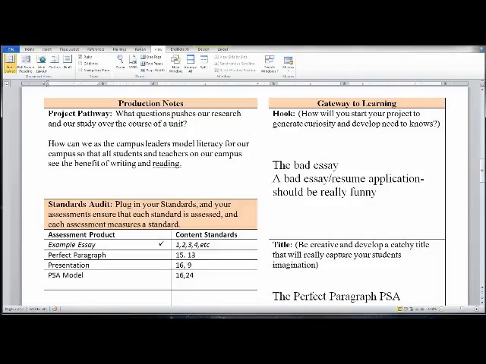How will you start your project, generate curiosity, develop need-to-knows? All right, for me, I start this unit with a really bad essay. Like really cringeworthy bad essay. Or I'll pull out an application or a resume, and there's plenty of stuff on the internet you can find for this. So for me, that's the first thing I do, is I pull out this horribly wretched essay or this horribly wretched job application or resume or whatever,